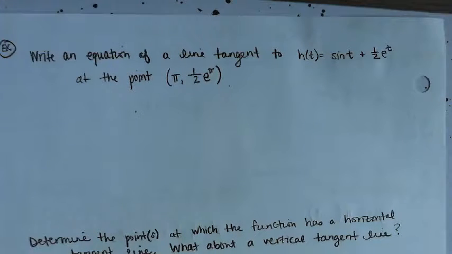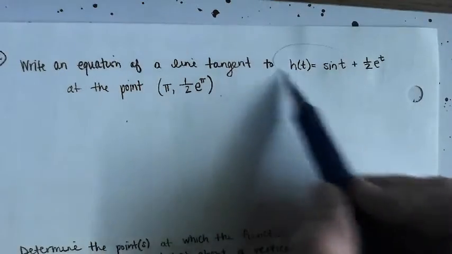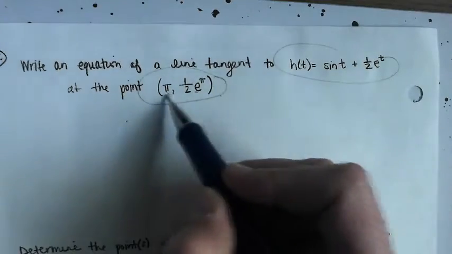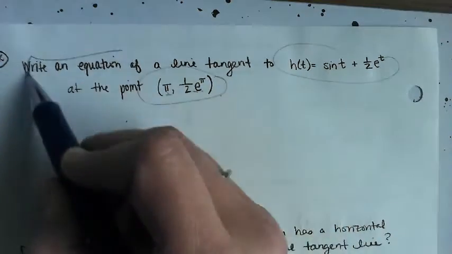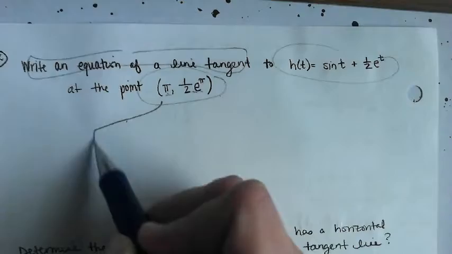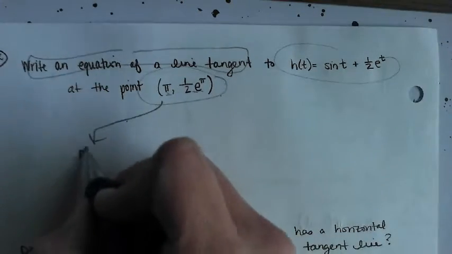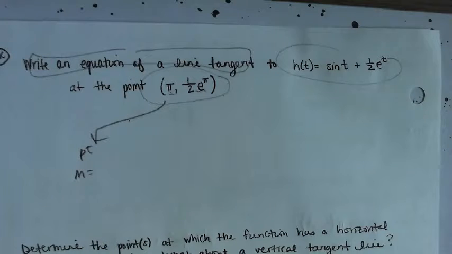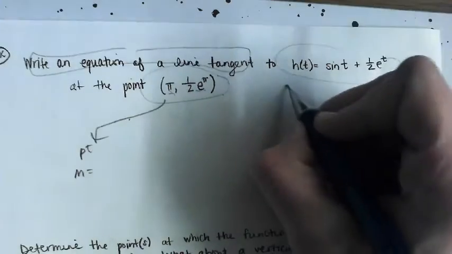More applications. Same types of applications you've been doing, so that's not really the new skill. It's just now that knowing these derivative shortcuts really quickens things up. So write an equation of a line tangent to this graph at this point. So whatever this graph looks like, here's a point on it. So if we're writing the equation of the tangent line, this is already the point we're going to use. And we just need to know what slope we're going to use. And so we need to find the slope at that point. So we first need to derive